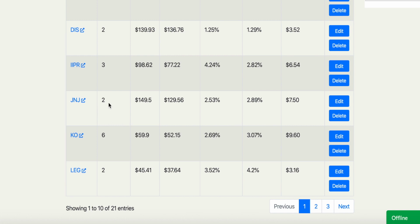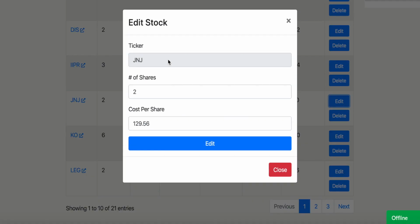You can see currently it still has the 2 shares. This is the last price of the stock market currently. This is my average cost at $129.56, which is about to change. This is the current dividend yield, yield on cost, and then this is the annual income. So we're going to go ahead and hit the edit here, and you can see it still has the ticker symbol in there. So we're going to go over and hit 4 shares,